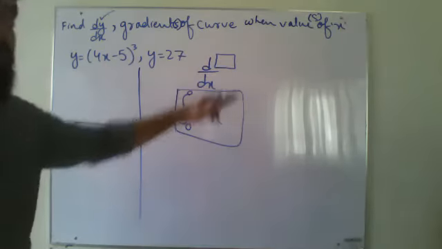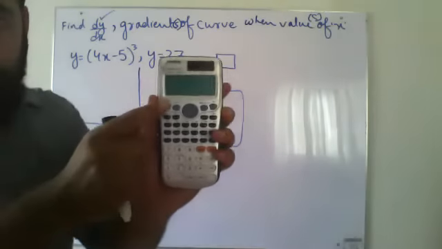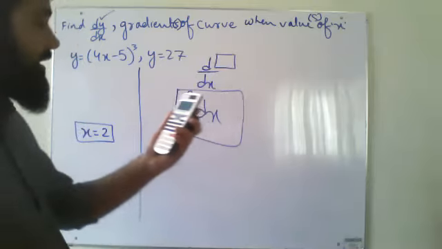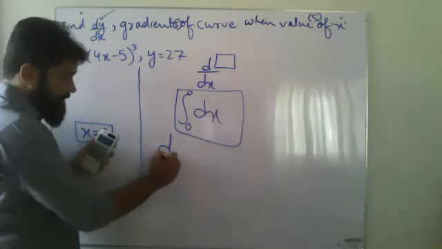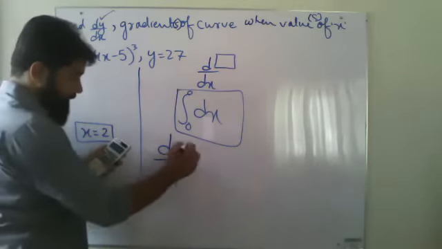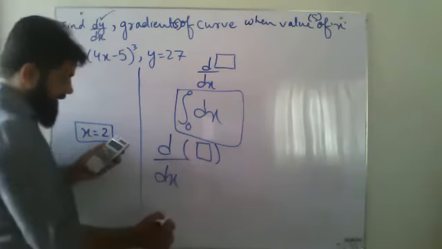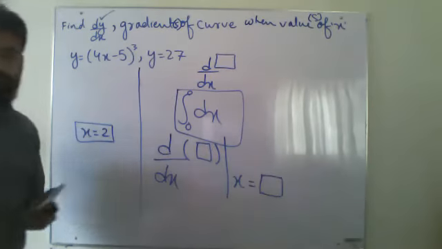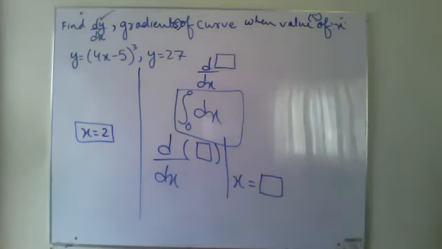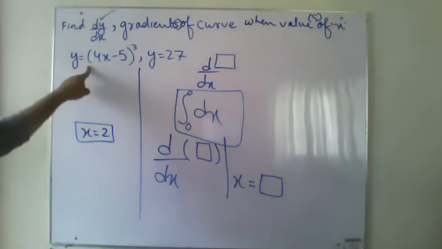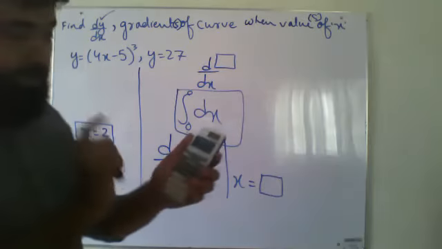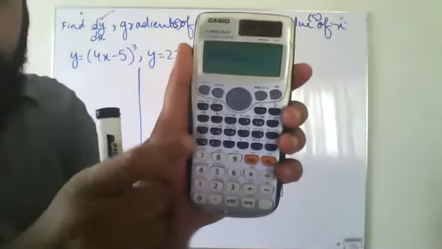To bring this thing, I'm first pressing shift and then I'm pressing my button, and the screen shows d over dx, bracket, a box, bracket close, then there is a line, and then x equals a box is written. Okay, it's written like this. So what you are going to do now, whatever is written over here, this whole thing will be written over here. See, I'm trying to do it over here, if you guys can see.